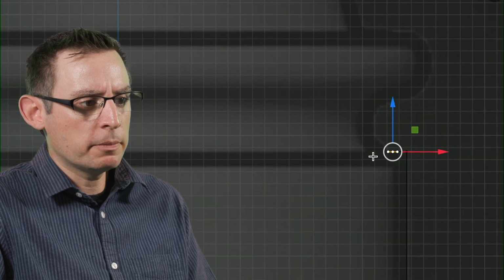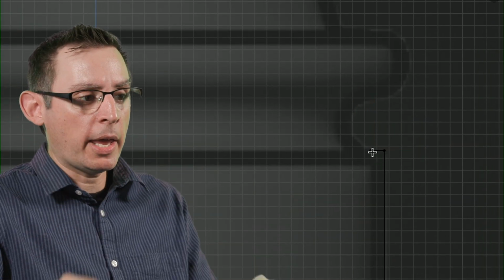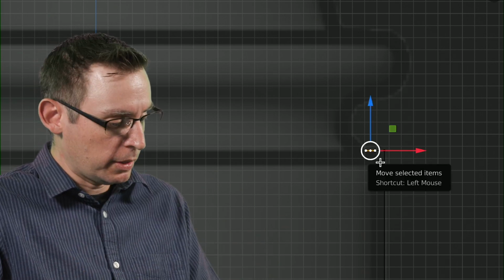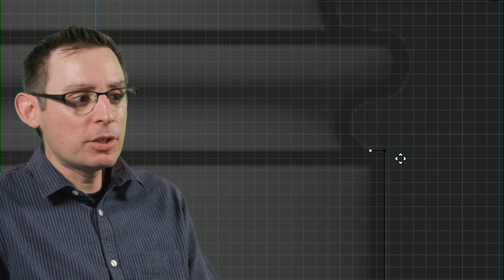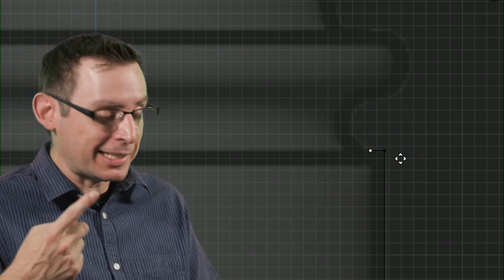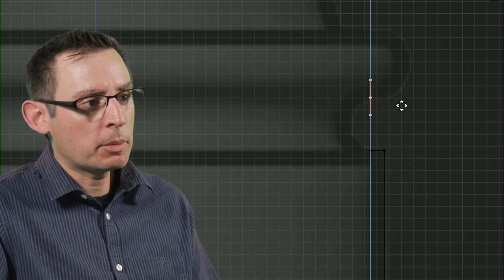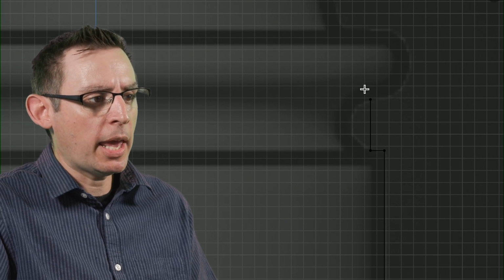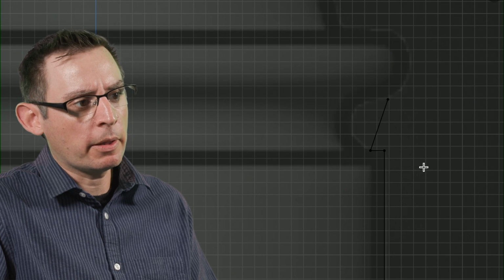Let me see if I can zoom in. Yeah, there we go. That's what I have, just a little bit of a flat edge there. And now I'm going to extrude this point again, just vertically. So don't want to delete. E to extrude, and then I'm going to hold down the Z key to have it go up and down. Maybe somewhere right around there. There we go. Now it looks like the end point is maybe a little bit like I missed it. Somewhere right around in there.